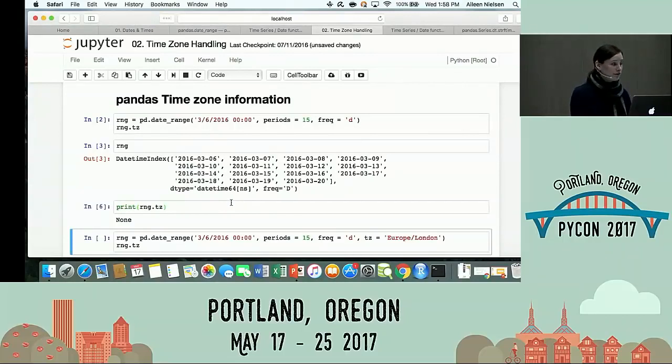So that's handy for two reasons. One, you can have a time zone naive object, so that might be helpful, right? Maybe you actually don't care about time zone. Maybe you're a sociologist, you're studying what time people eat. You don't care where they're eating, what time zone. You want it to be naive. It's really convenient that you can keep it that way, right?